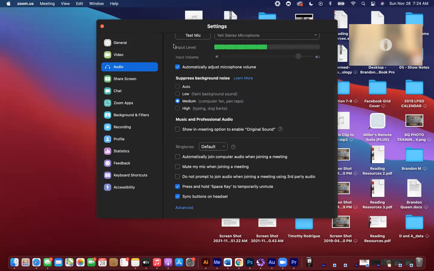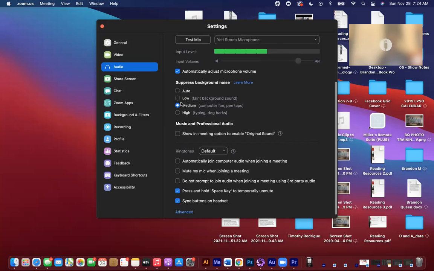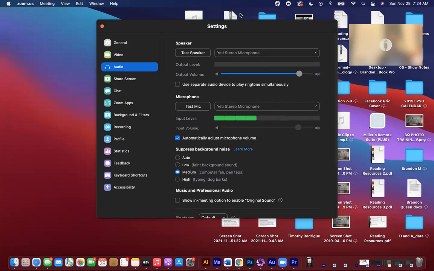Probably should have done this before I logged on. Let's stay on this page. So we're going to go to the audio tab, which is right here. And then what you're going to do is you want to actually